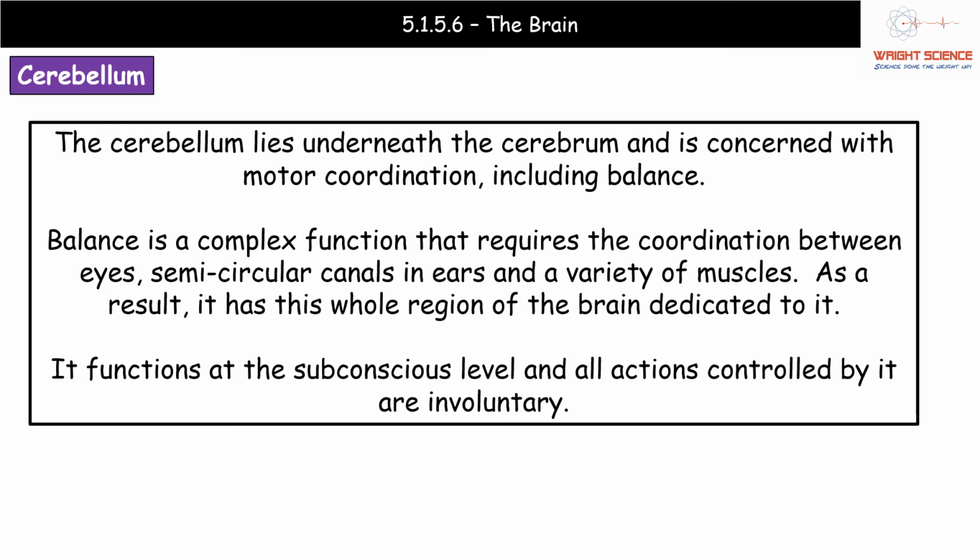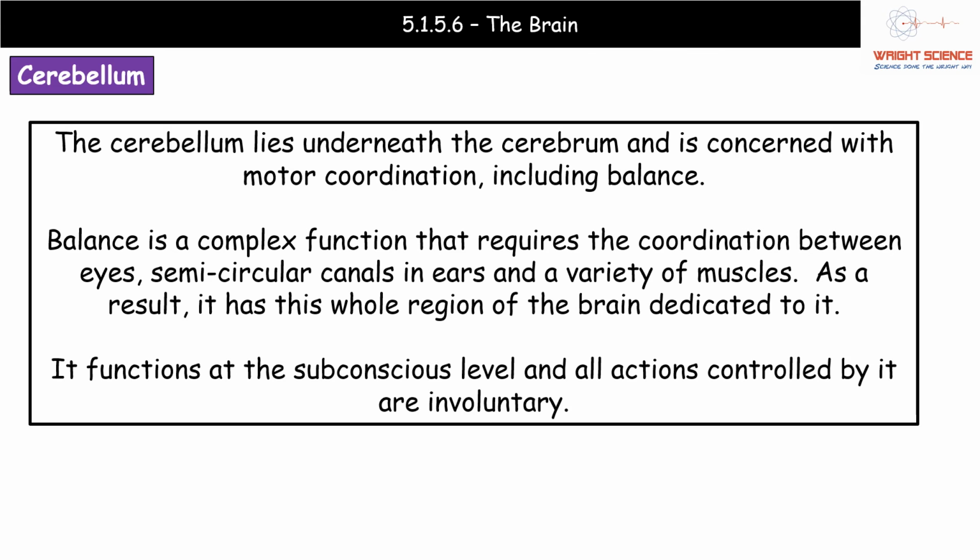The second region we've got is the cerebellum. Now the cerebellum, remember, is that leaf-shaped bit towards the back of the head underneath the cerebrum itself. And the cerebellum is all to do with motor coordination, and that includes things like balance and posture. Now, if we just think about balancing,